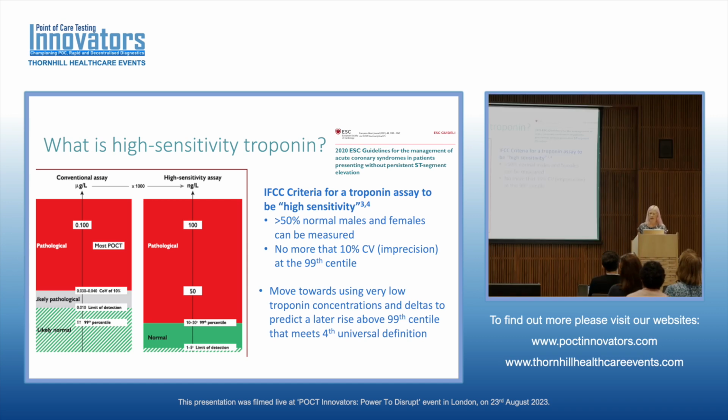So the IFCC criteria for defining a high sensitivity assay is that greater than 50% of normal males and females can be detected above your limit of detection, and that you've got a CV of no more than 10% at your 99th percentile. This allows you to move towards diagnosing people at these very low increases much sooner, and towards more predictive algorithms. So rather than waiting for the troponin to hit the 99th centile and above,